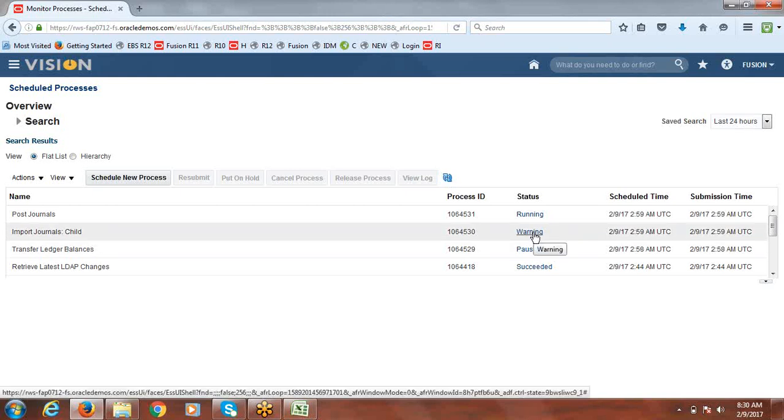So the import ended with a warning. Let's see how the posting is going to work.